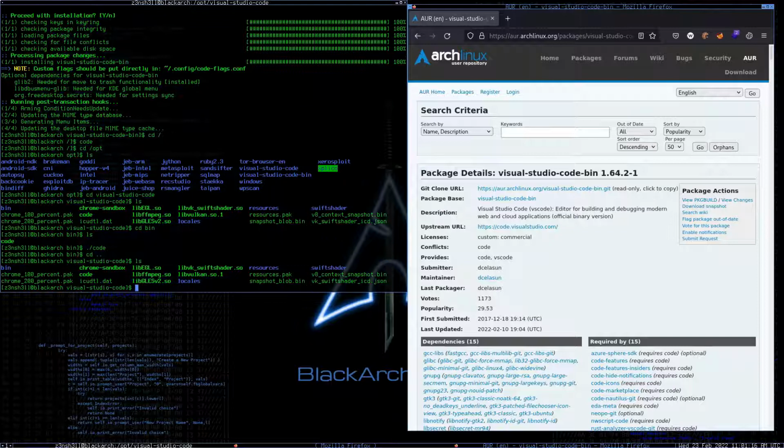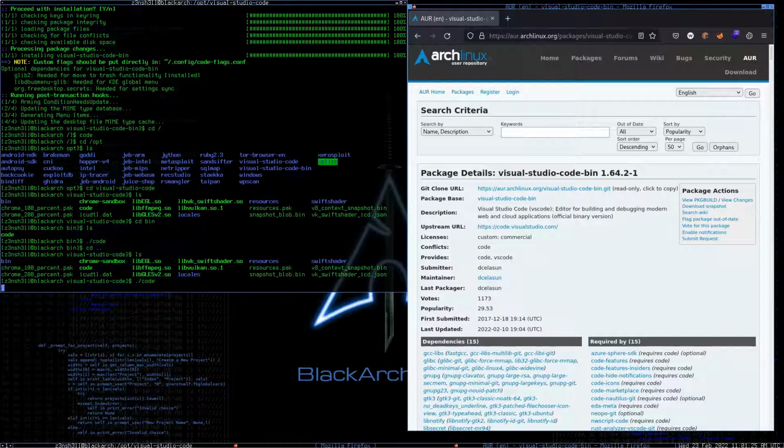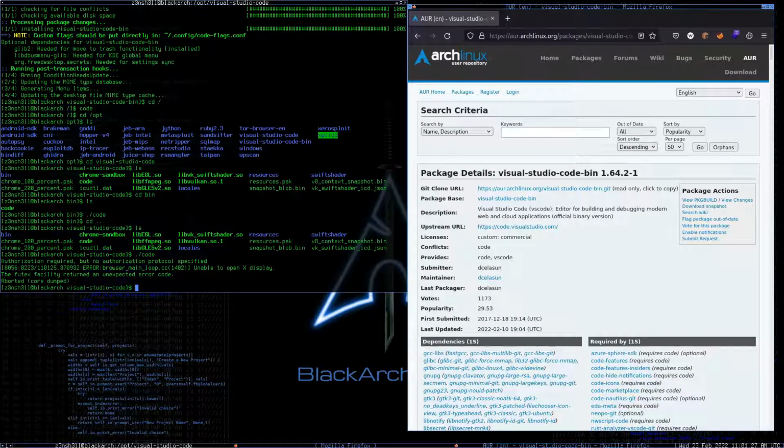So we actually just got nothing back there. We've cd'd up one directory. Let's try and run the file in this directory. What we really need is some kind of error message so we have an idea of what's going on here. And when we run it from this location, we get this error message, authorization required, but no authorization protocol specified,